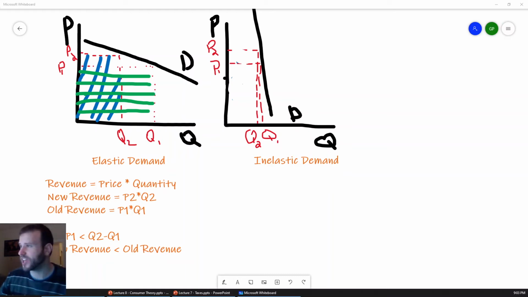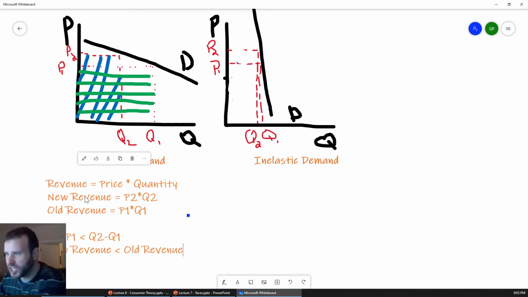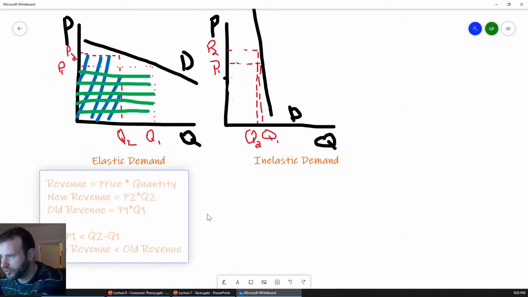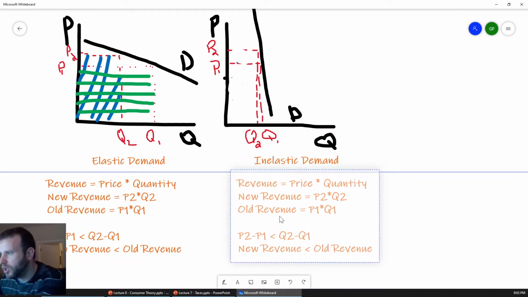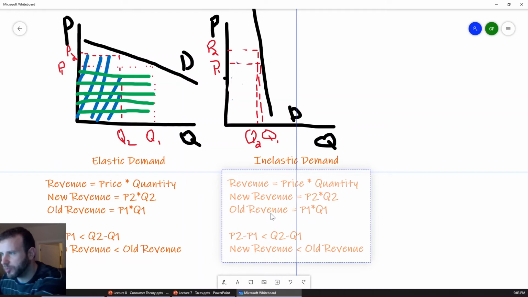Okay, we can see that here graphically, right? We have a large, or let's say mediocre, change from P1 to P2, but the quantity change is so tiny, right? It's almost indistinguishable in the graph, where you can't tell where my bad red dots correspond to one versus the other. Okay, so let's take this statement over here, and let's suit it to the inelastic demand curve.